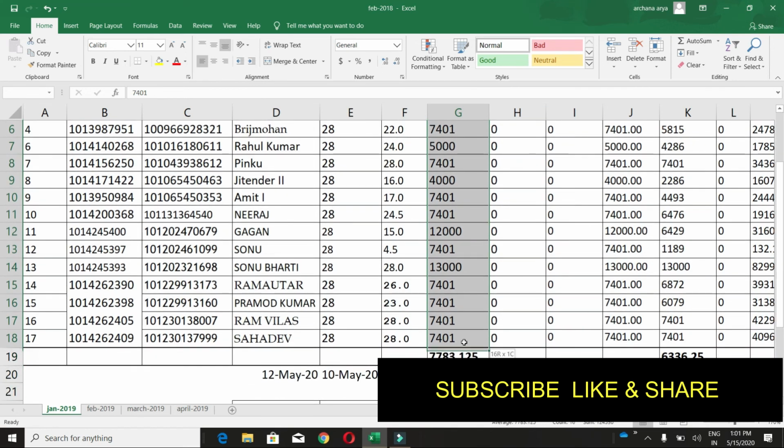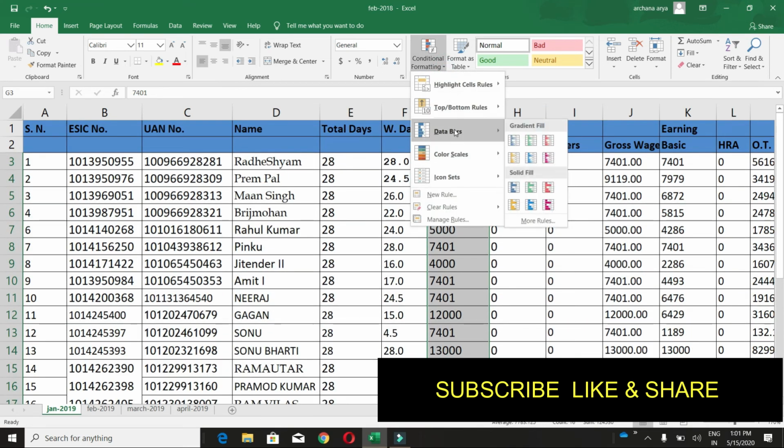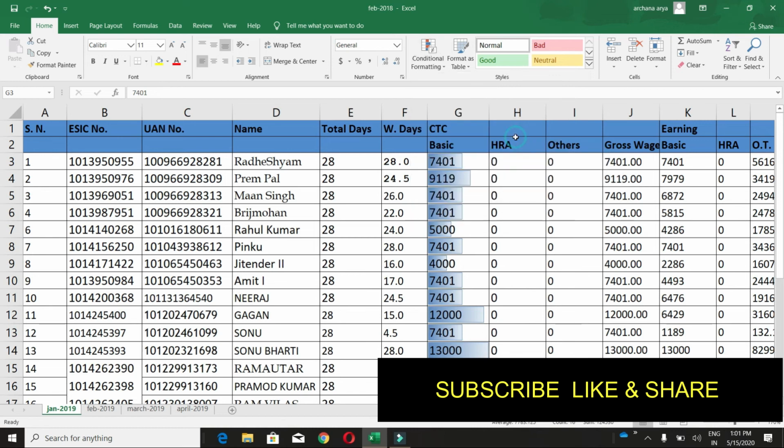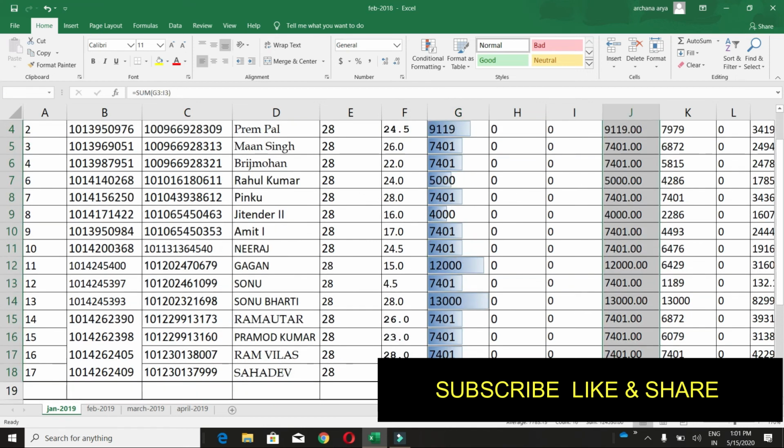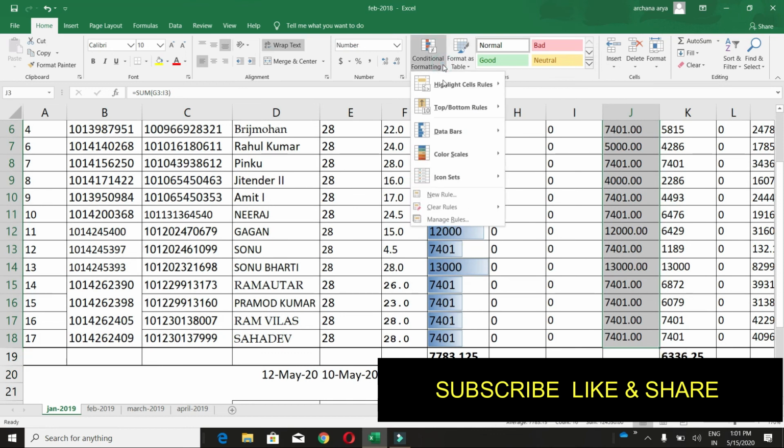First we have to select this, then go to conditional formatting, go to data bars. See, I selected the first one, gradient fill. Now I am selecting here, go to conditional formatting, click on data bars, select solid fill.